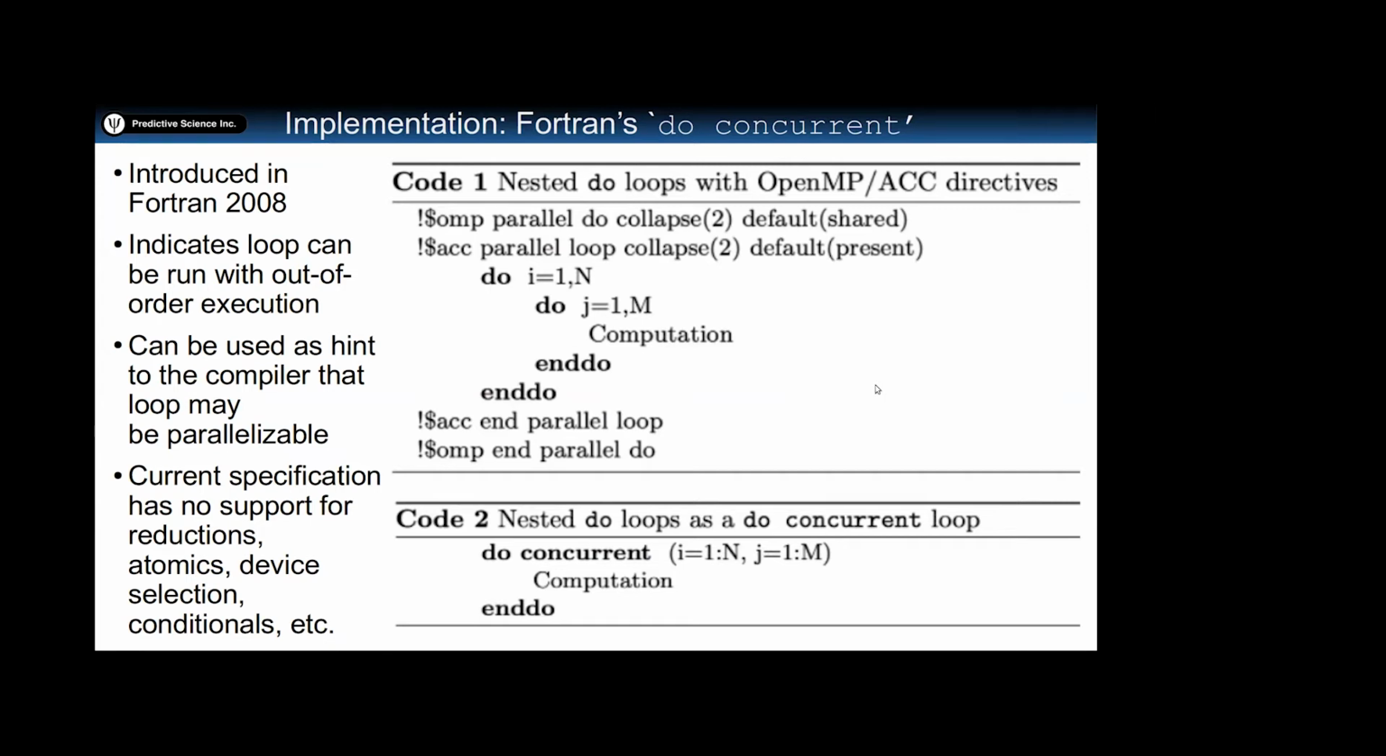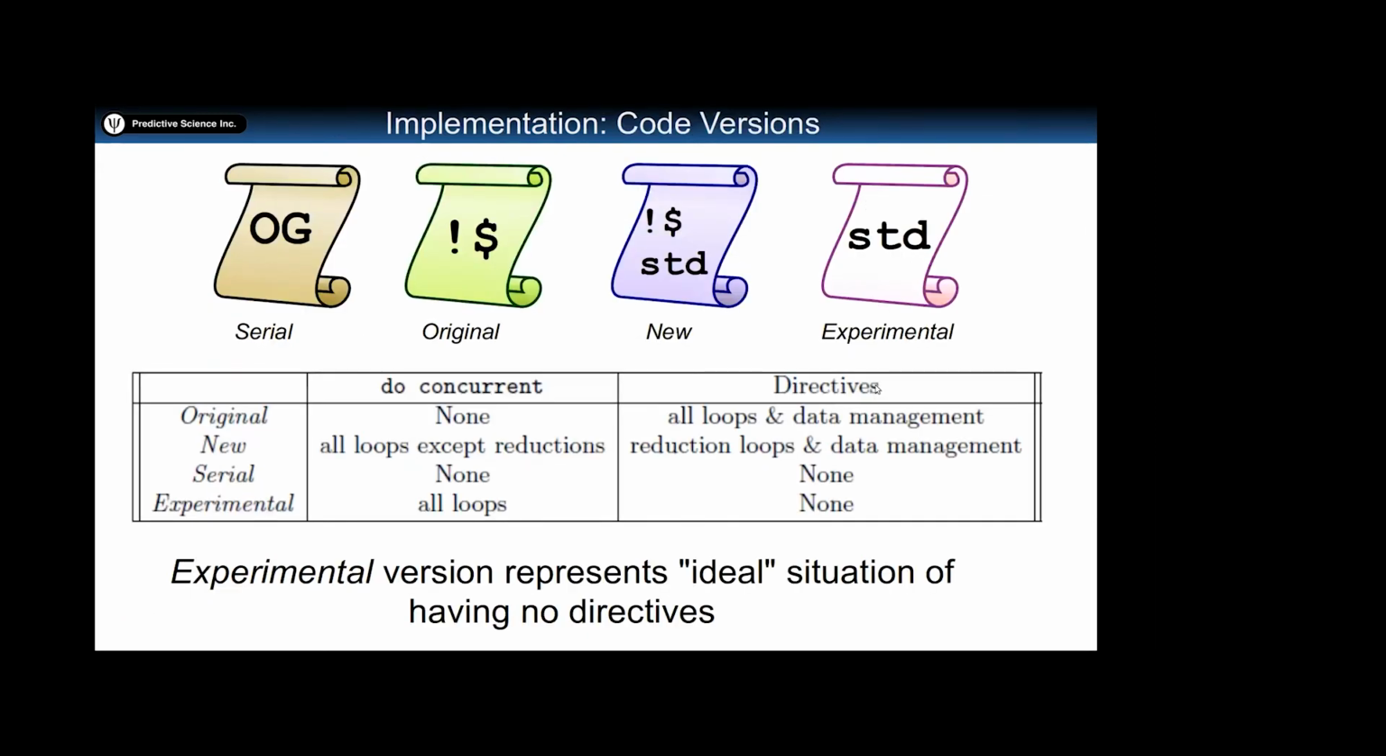So they are adding reduction to do concurrent in Fortran 2020X when it comes out, but there's still going to be things like atomics, device selection, conditionals, all those things in OpenACC and OpenMP we like that are definitely not part of the language now. So there's going to be some limitations here, but what we did is we made basically